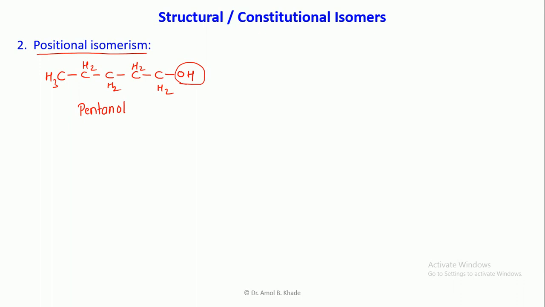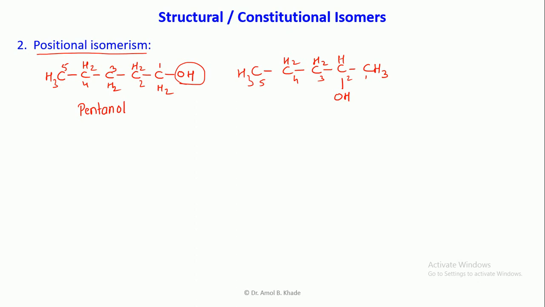So what we can do, we can again draw the same 5 carbon chain compound, 3, 4 and 5. Now in this case, if you remember, the numbering will be like this. Now instead of the OH group attaching to carbon 1, I can also attach it at carbon 2 like this. So I can give the numbering as 1, 2, 3, 4 and 5. Then we can complete the valency of the carbon like this. So this already has 3 atoms attached, so it will be CH and then it will be CH3.